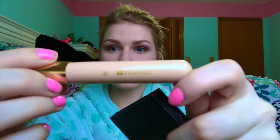And for my contour, I'm using the Anastasia Beverly Hills Contour Kit and then this BH Cosmetics flat brush. And I'm just going to go ahead and take that light color and put that right underneath my jawbone and dragging it a little bit towards my mouth. And then I'm using the two darker colors just to really emphasize that. And after I put it under my cheekbones, I'm going to go ahead and rub some of it on my temples as well as my neck and then a little bit on the sides of my nose. And then I'm just using that bronzer brush just to go ahead and blend everything out really good, making sure